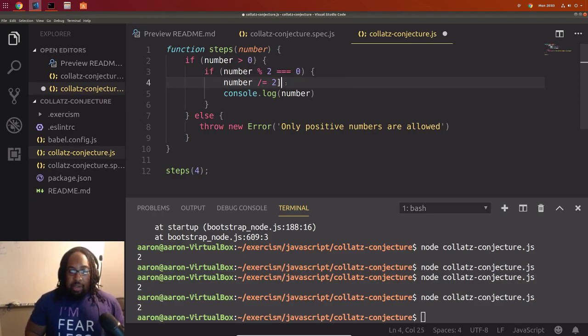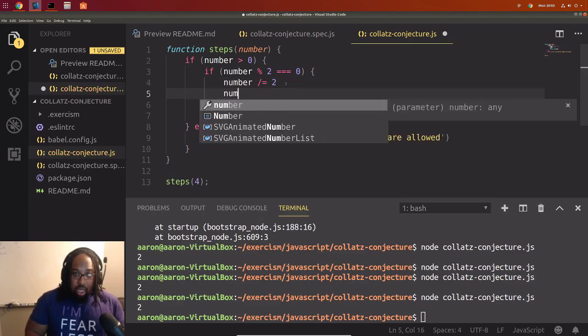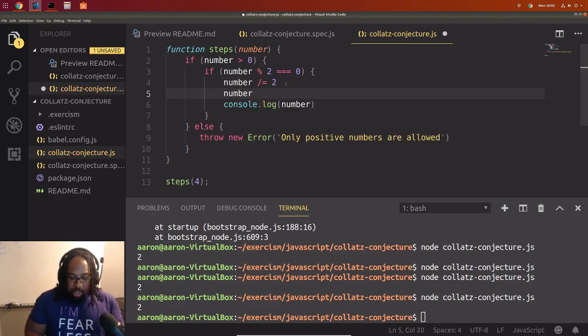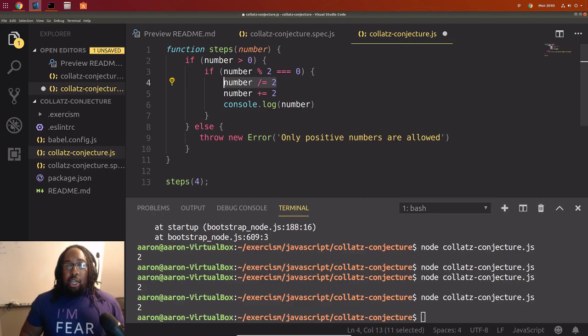Like the same thing if I did number plus equals 2, this would just add 2 to the current value of number, and then this one would just divide the current number by 2 and set the answer equal to the variable number. But that's just shorthand.